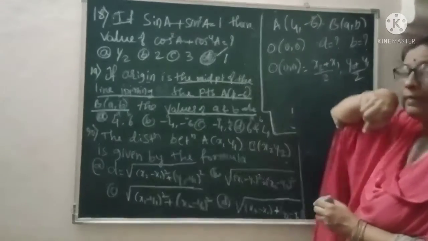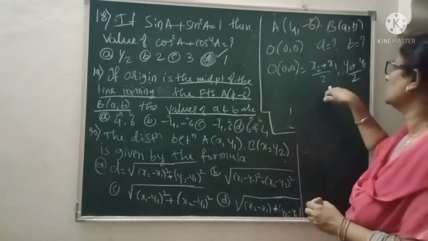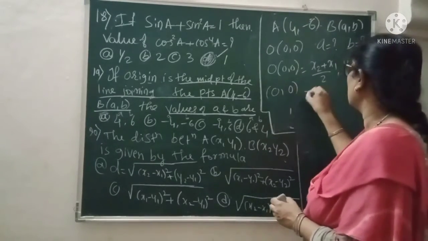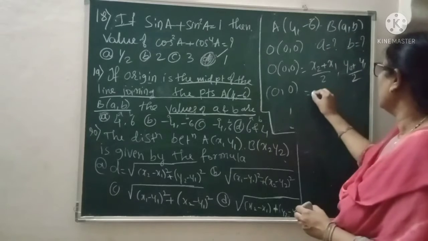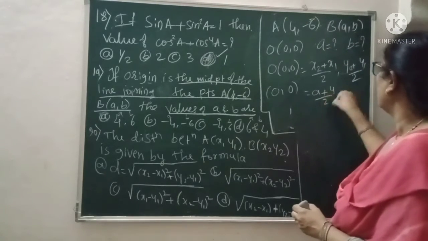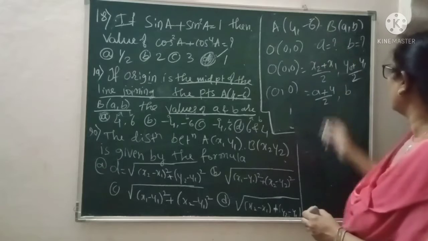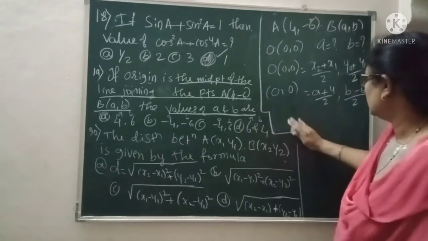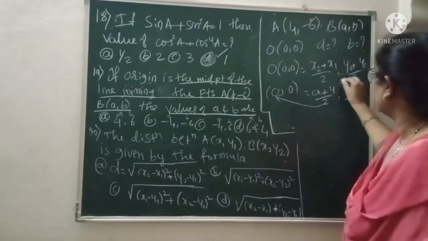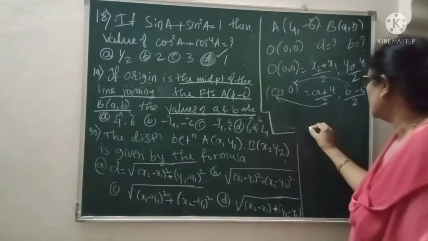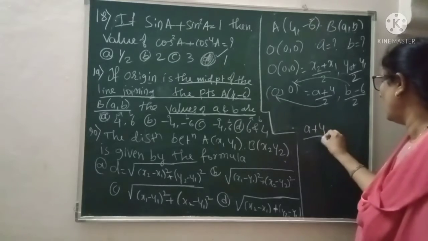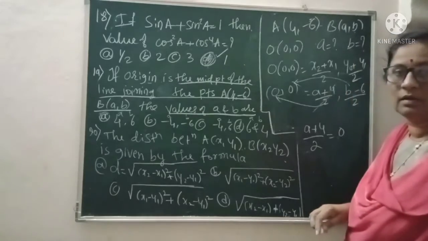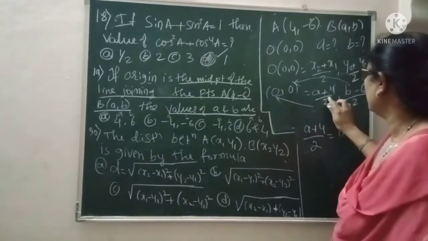As you have m and n as 1, 1, m plus n becomes 2. So look at this one, very interesting, and 0, 0 you can write this one. This is A plus 4 upon 2 and another coordinate is B minus 6 upon 2. This is the x value and this one goes with the y coordinate. So you are going with A plus 4 upon 2 is equal to 0. See children, don't cancel this way. It is wrong. These are basic things.